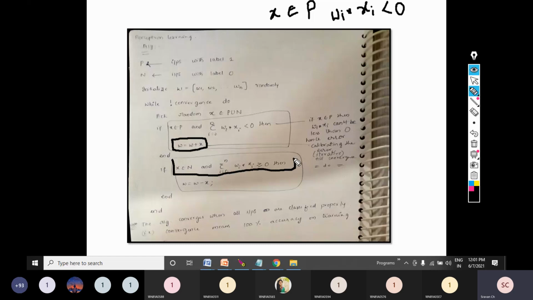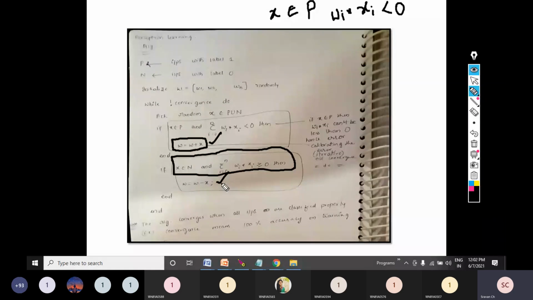By looking at the training data, I understand that it's a negative example. But when I am doing this sigma of Wi into xi, I am getting that product as greater than or equal to 0. It is a negative example, so this should not exceed 0. Again I need some correction here. It should be less than 0, but it is going beyond 0. So here I need to subtract. And in the above example, it should be greater than 0, but it is becoming less than 0. So there I should increase, and here I should decrease. That's the reason: W equal to W plus X, and W equal to W minus X.